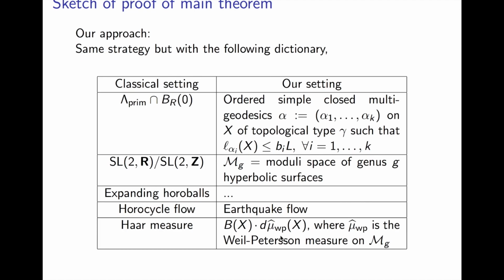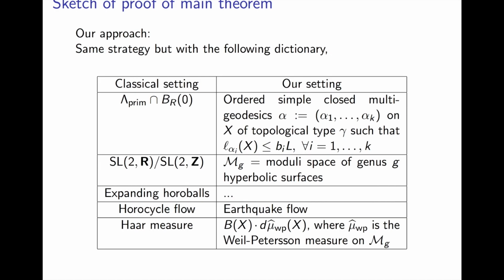And what I want to say is that in our setting, we want to apply the same strategy, but we want to follow a dictionary, just as I mentioned in Mariam's case. Instead of counting primitive integer points in a ball of radius r, we're going to count ordered simple closed multi-geodesics on my surface, which have topological type gamma, the topological type I prescribe, and which satisfy the constraint on the lengths that I wanted. Instead of looking at the space of unimodular lattices, I'm going to look at the moduli space of genus g hyperbolic surfaces. Instead of looking at expanding horoballs, I'm going to look at some